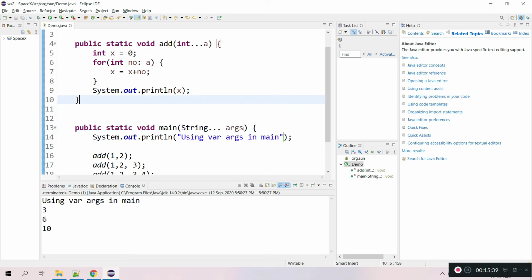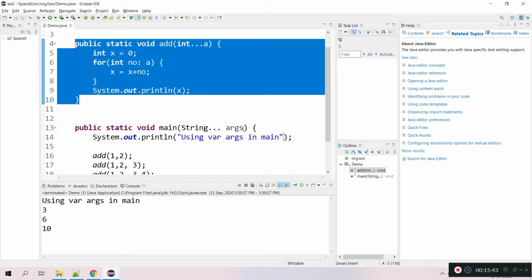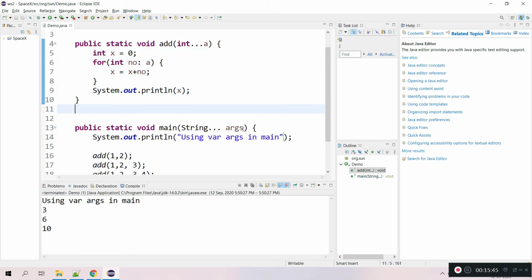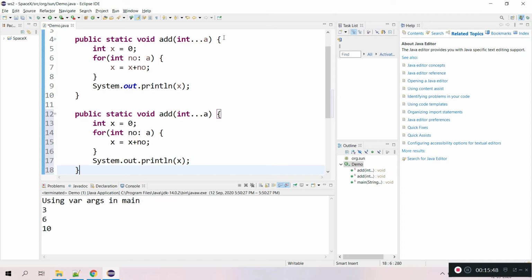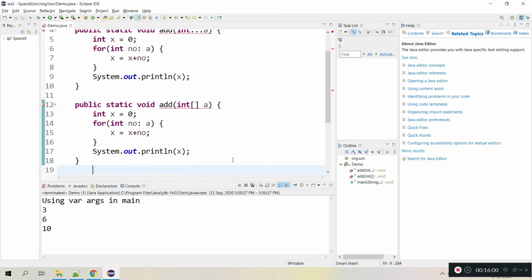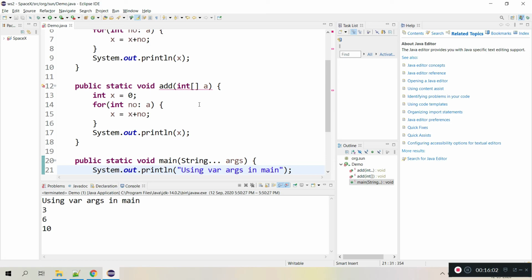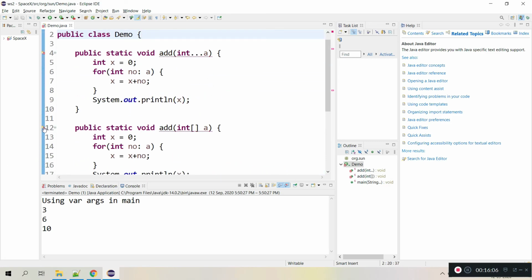One more thing, whenever you are overloading, you cannot write a method with a similar signature. Like here I have given varargs, and here I cannot give the signature with an array. Both are the same, as we discussed in the main method, interchangeably we can use them. So this is like a duplicate method. Here you can see the compiler error, duplicate method int array.